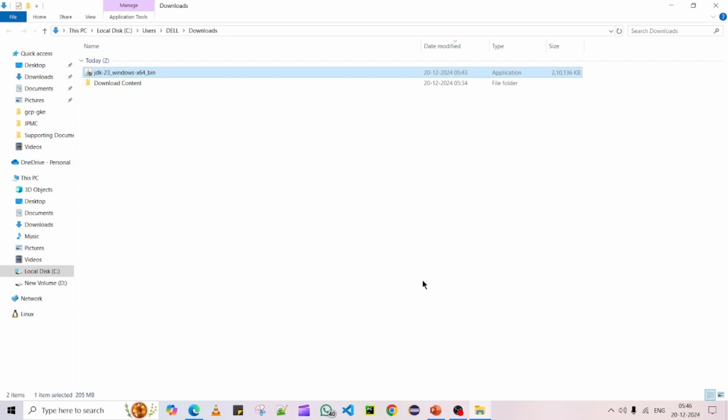So this is the first part we did, the download of JDK and the installation part. The second step is we have to set up the path in your environment variable. If you are not doing this part, it will not work. In the sense, you are not able to verify the Java version, the third step. So that's the reason I am going to